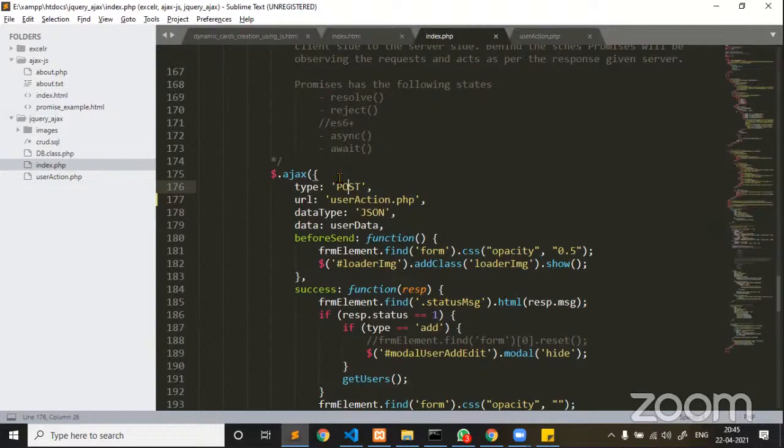Okay, sir, a straightforward question: which is easy? See guys, nothing is difficult, nothing is easy. Angular is a framework, React is a library. A framework has its own advantages, and a React library also has its own advantages.